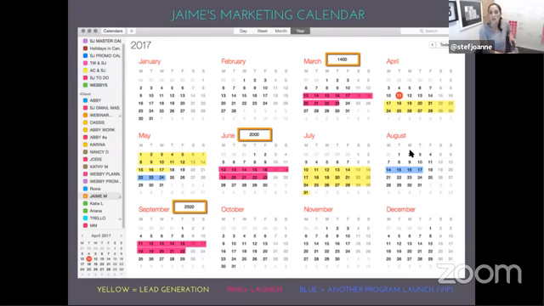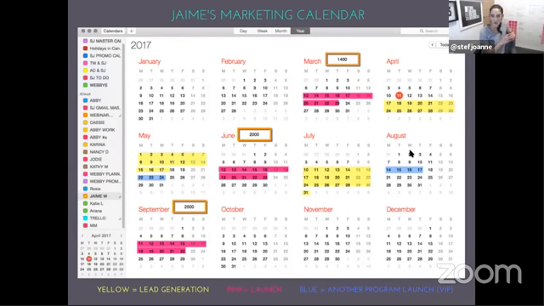Remember we said she wants to launch in March, June, and September. And this is just an example. Of course, things can move around and change and shift, all good. But you'll see here, you can ignore the blue. Those are separate launches for other stuff she's got going on. But you can see here, the yellow in April all the way till May, right? So from April 17th until May